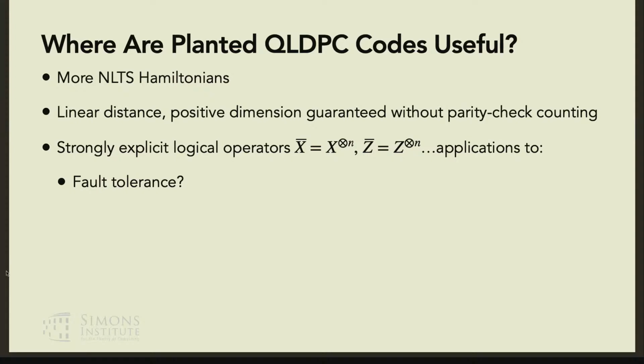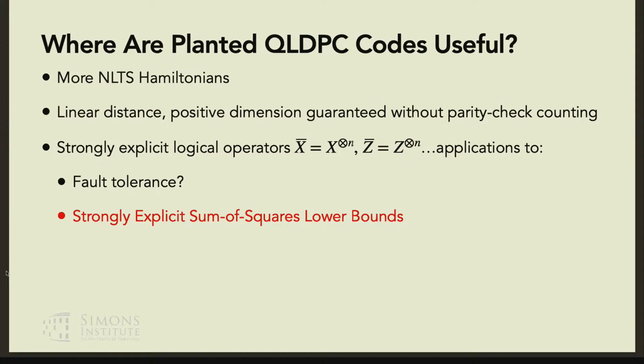Right, so once we have this, we may get applications to fault tolerance. I've heard this question floating around recently: can we get a linear distance qLDPC code with a single logical operator with a very explicit poly structure, a very explicit expression for it? In the context of self-correcting memories or transversal gates, it seems this type of thing could be useful. So I think it's nice to know that this is something we can do. And the last thing I'll talk about is how we can use this to get a concrete application,